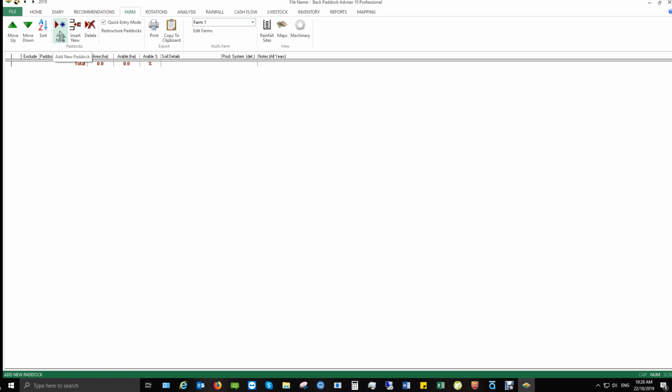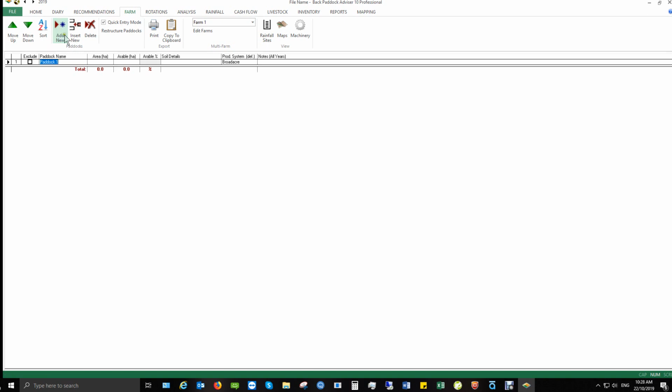So I'm going to click on Add New. Once again, yours will probably just be a plus sign. And it's given me Paddock 1. Now I'm in quick entry mode here, so what I can do is type in the first name of the paddock, so I'll just call this one Wood, hit enter on my keyboard and type the area, so